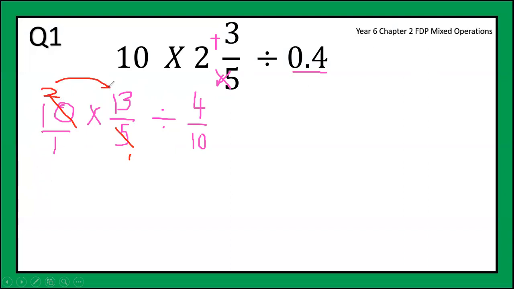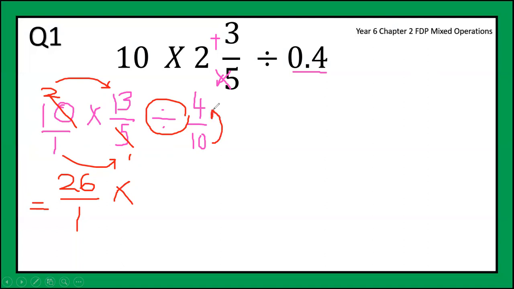So now up times up, which is 2 times 13, you're going to get 26 over down times down, which is 1 times 1. Write your 1. And then, since this is continuing with the question, this is a division, you change this to a multiplication and you flip this, inverse it. 4 over 10 becomes 10 over 4. So now your answer becomes,